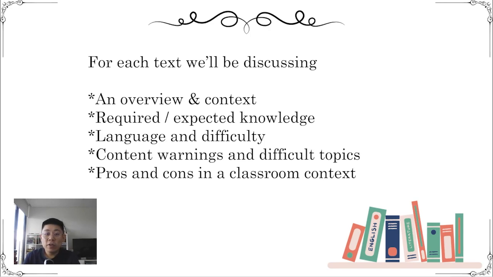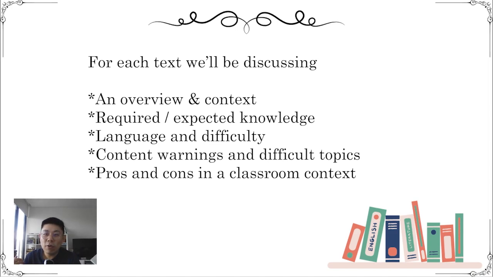We'll talk about each of the texts. The way I will talk about the text is to provide a brief plot and style overview. I will talk about prior knowledge and language that's useful for students to have before reading this, and I'll also give content warnings. So if there are particular topics or ideas that might be contentious among students, I'll try to raise that here. This will not be comprehensive, but I'll try my best to foresee what challenges might occur with teaching a text. I will think about the prose of the text, so what might make it a really strong choice, and considerations, so things that a teacher might want to work through with their class before starting. None of this is really advice, it's just my reflections on how I would go about it if I was teaching this text.